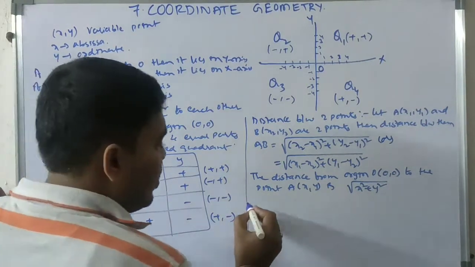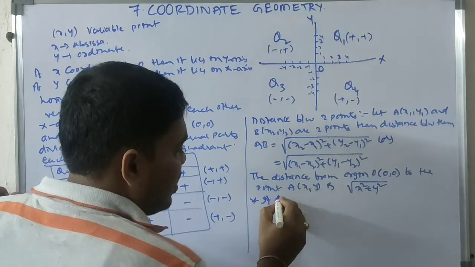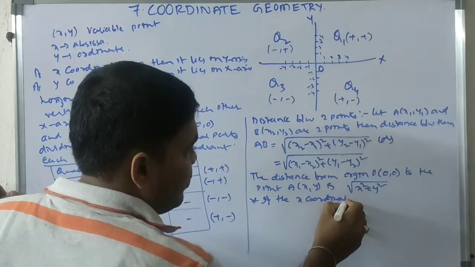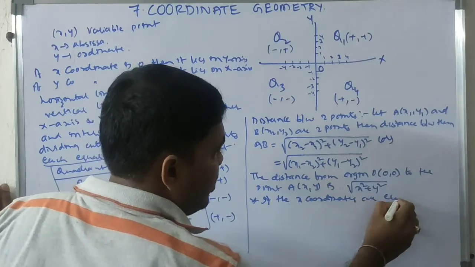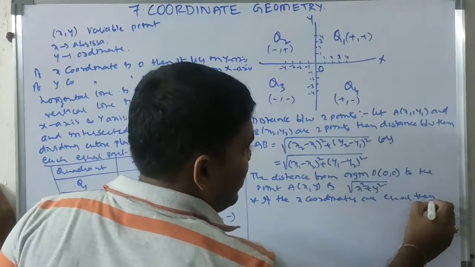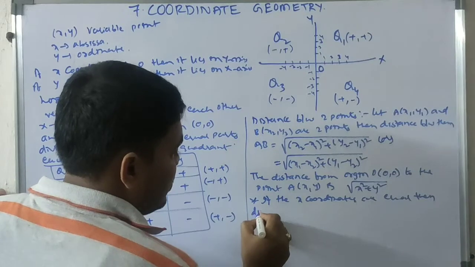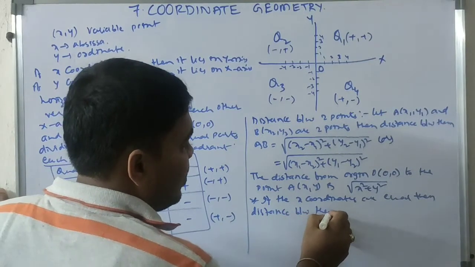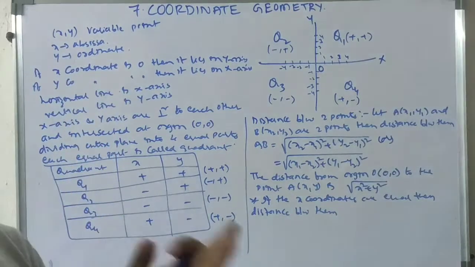If two points are given and the x coordinates are equal, then the distance between them